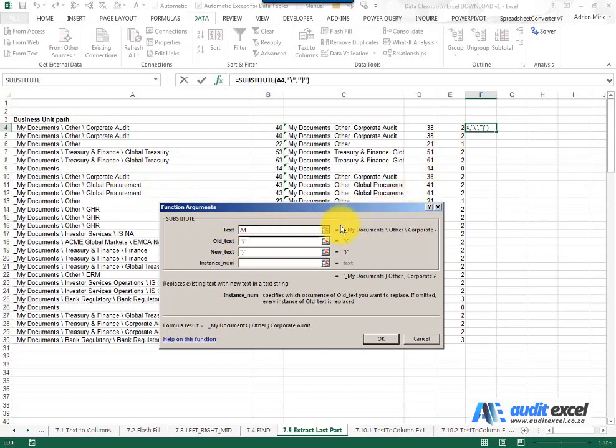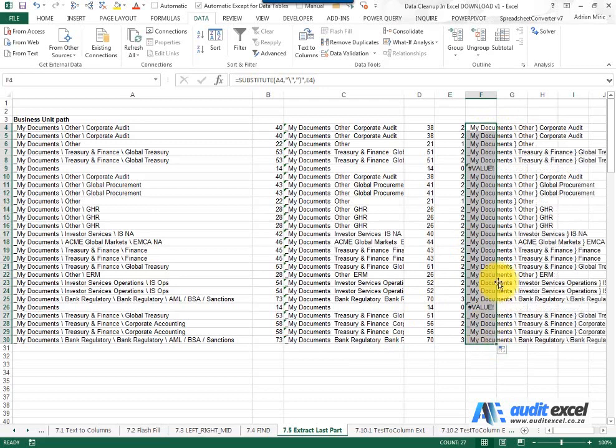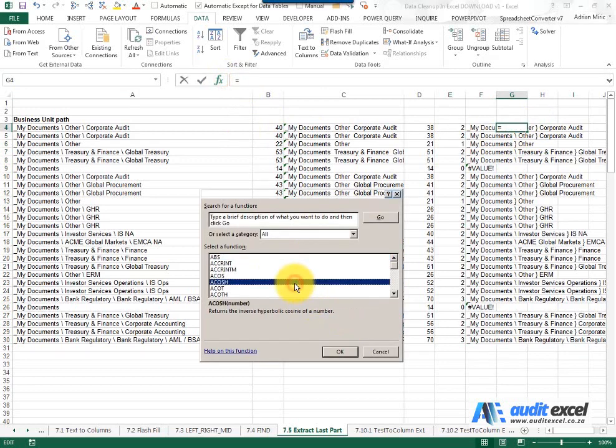However, I'm going to say use instance number 2. So what I'm saying is don't do it to the first one, do it to the second one. Over here, do it to the first one. So when I say OK, and I copy it down, what you'll see, and we'll get to those just now, is that we've now got an absolute unique character in this area. We can now use our find function,